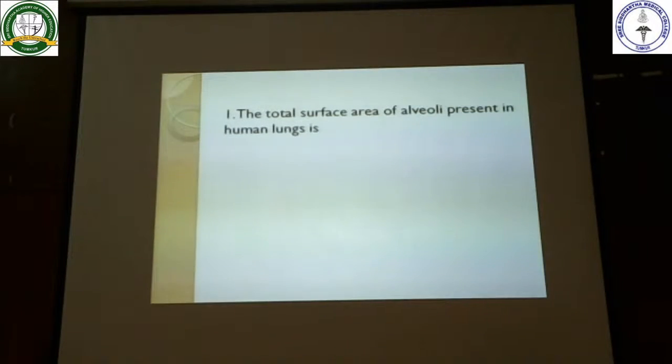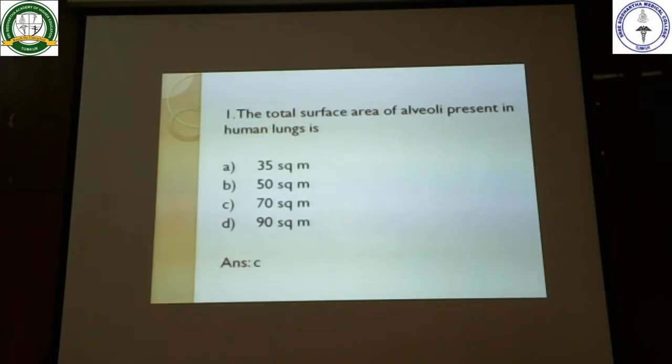The total surface area of alveoli which are present in the human lungs is... where the gaseous exchange takes place. So in human lungs you have around 300 million alveoli in both the lungs. So the total surface area of the alveoli present in both the lungs will be approximately 70 square